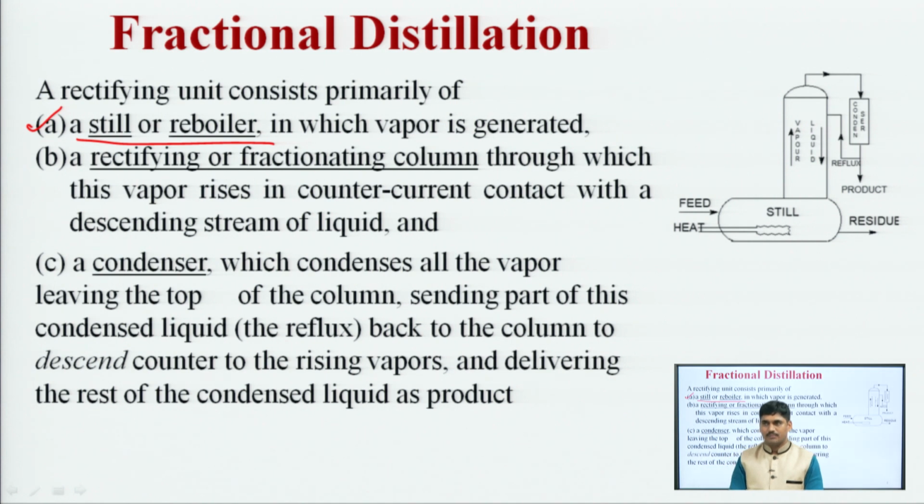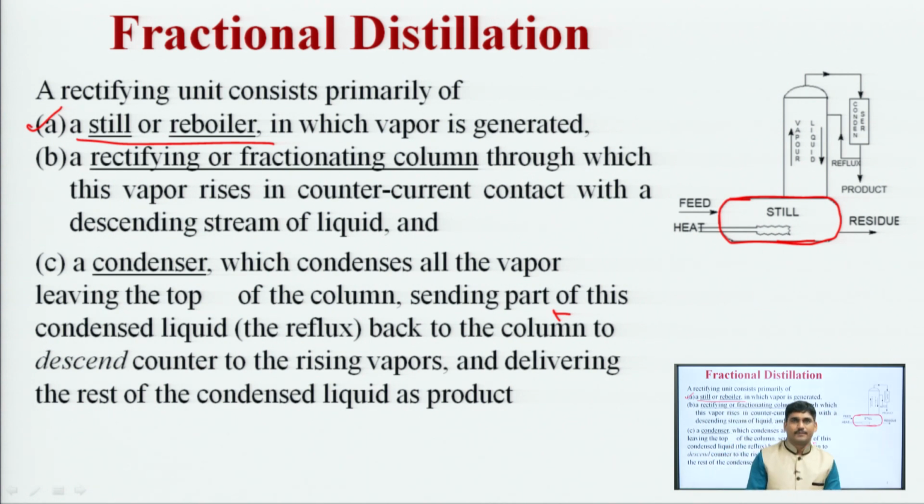This is the diagram of the still. It is the source of generation of vapors. Here the feed enters the still and a source of heat is also provided, so due to this heat the vapors are generated from the